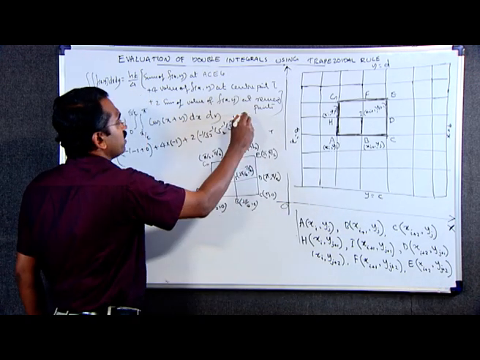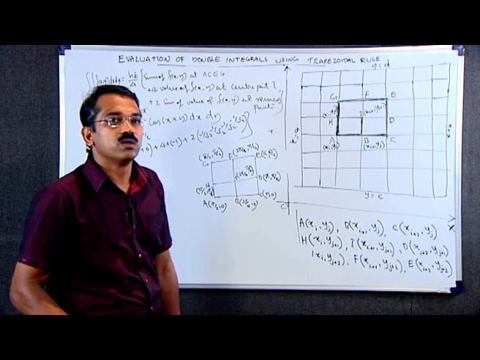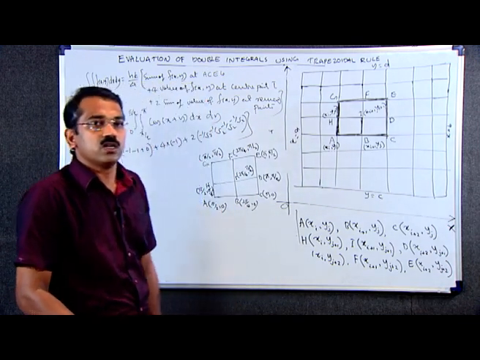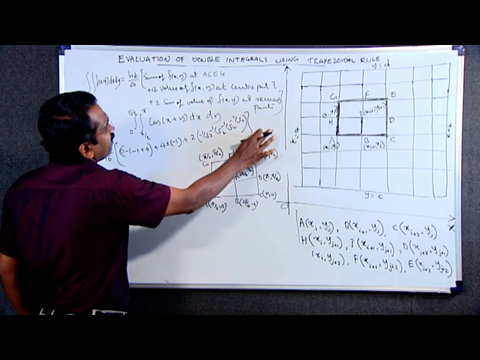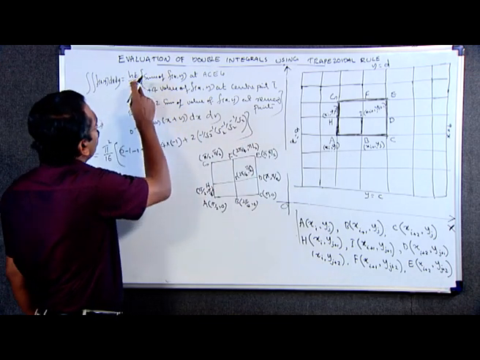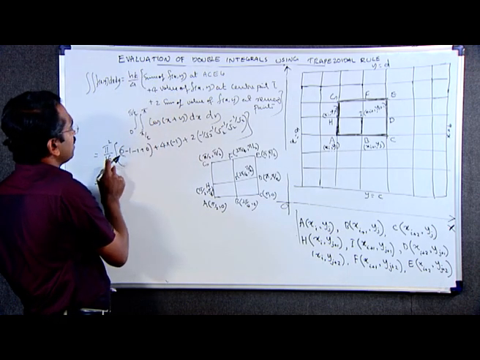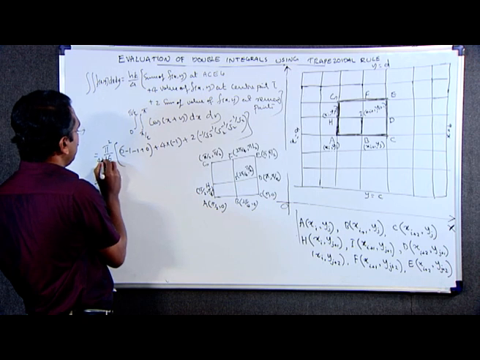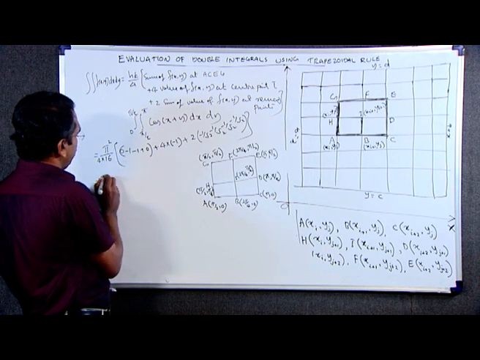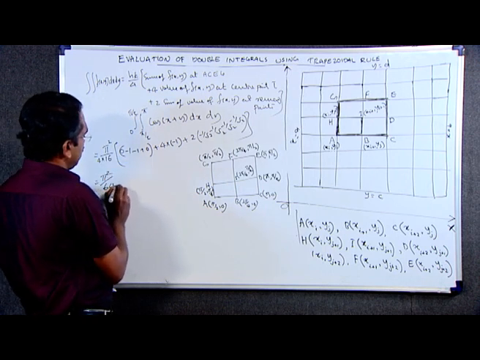Pi square by 16 is common, which is equal to, here h is pi by 4 and k is pi by 4, so h into k is pi square by 16, divided by 4, that is 16 into 4, so pi square divided by 64